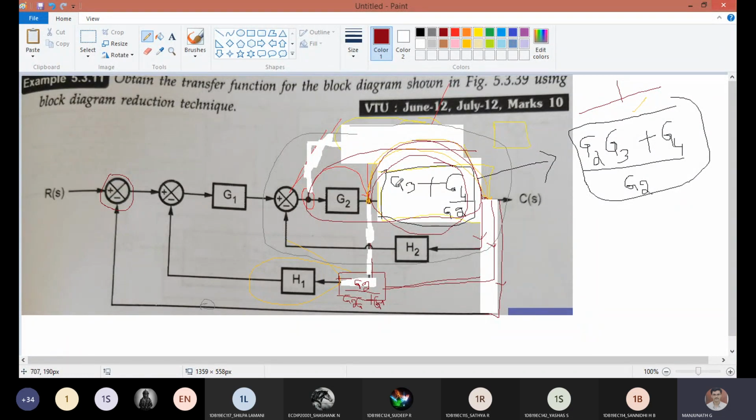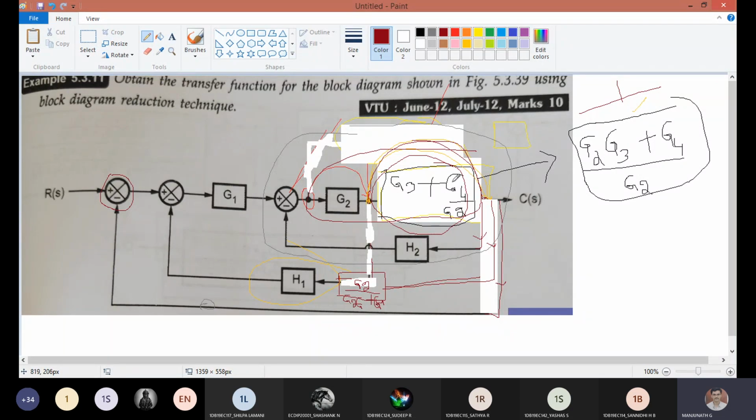No, that has been eliminated. No, first only. Plus and plus, what are you talking about? That has been overcome with this parallel combination. So we did the parallel combination, no? With your G4 by G2 was the shifted answer. So first breakaway point. After that, G4 divided by G2 and G3 are in parallel. So that is how we wrote G3 plus G4 by G2. So this summing point is gone, no?